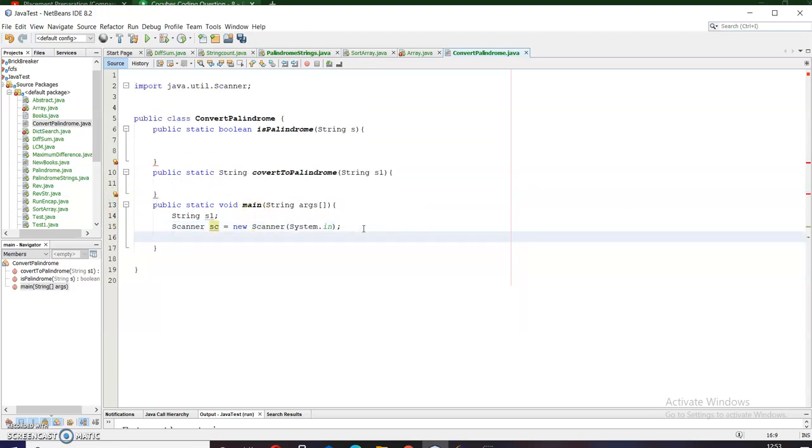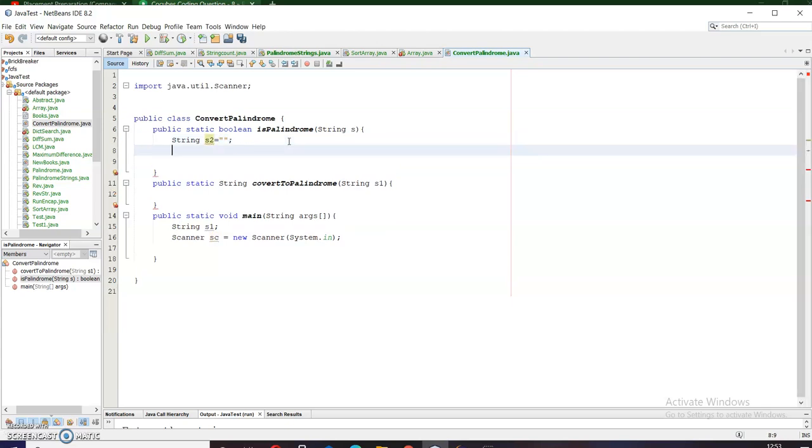Now I will call these methods, but firstly I will define them. Let me take a string here as s2, and I will require some more variables.